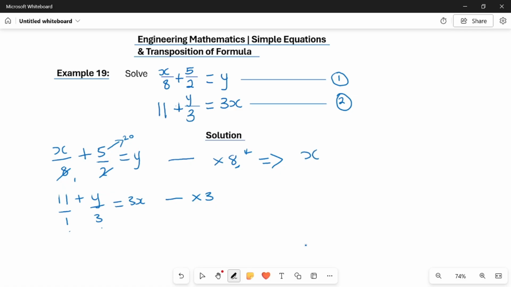x plus 20 is equal to y. We have gotten our first one. For the second one, similarly, 3 here will cancel that 3 here to get 1. So we're left with what? 11 plus,